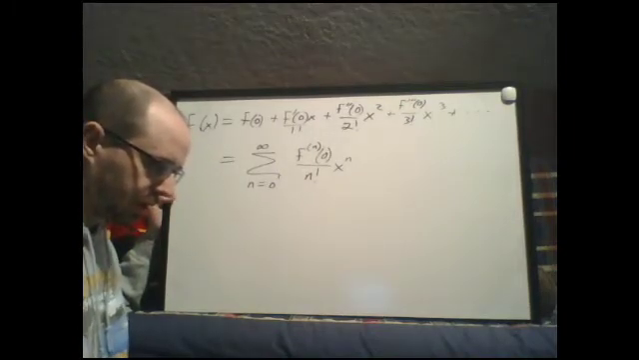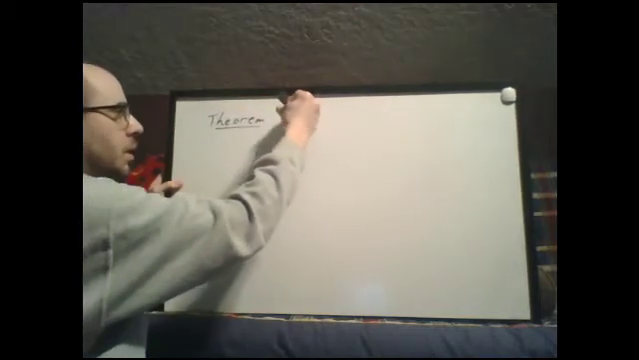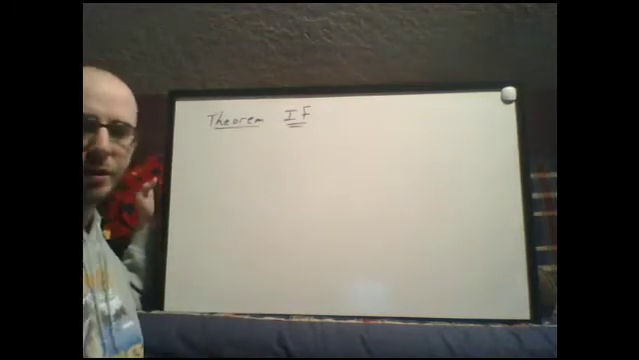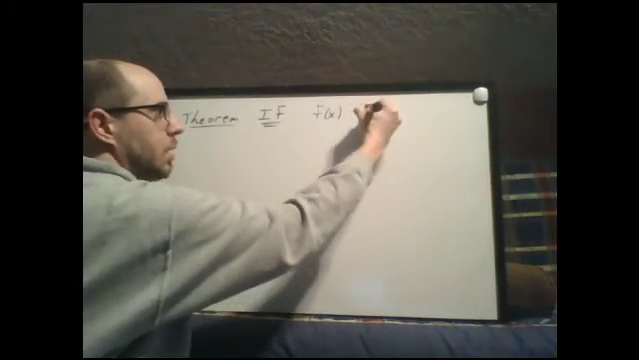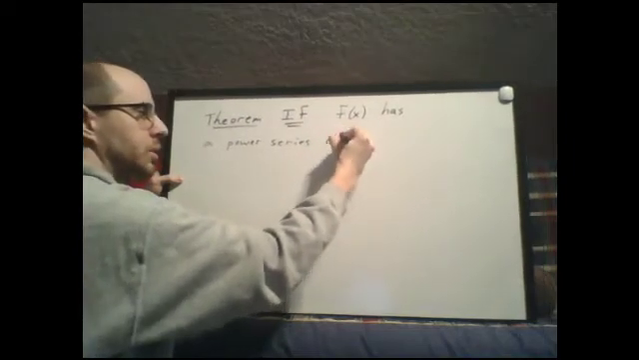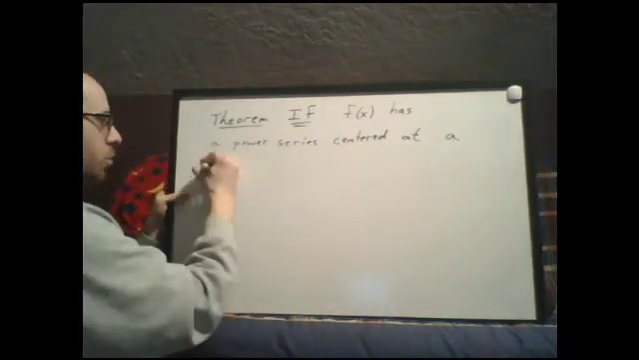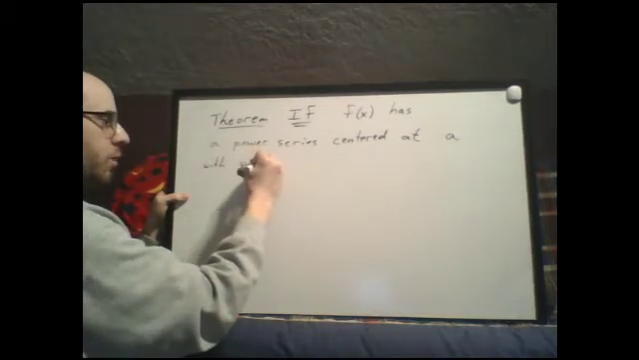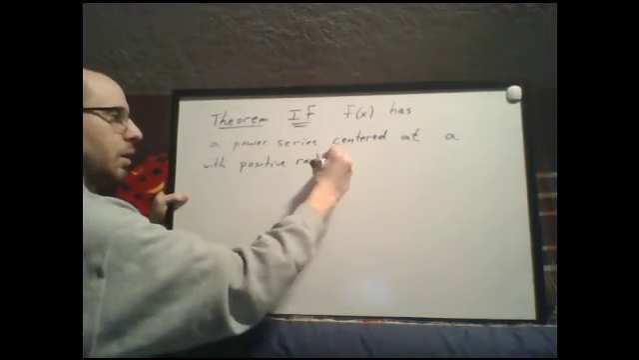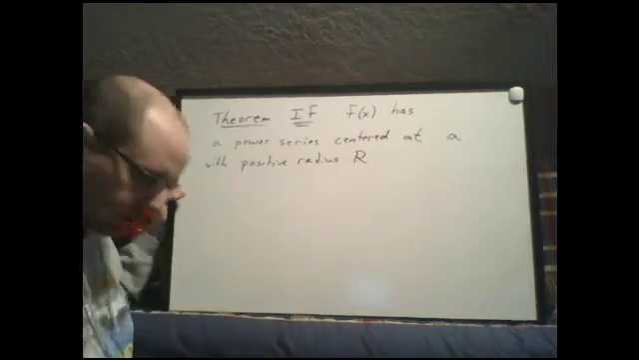So let me state this more formally now. That was just to illustrate where this next thing comes from. So here's the theorem. If f of x has a power series representation centered at a, so centered at the x value a, with a positive radius of convergence R, let's just call it radius of convergence with positive r, then